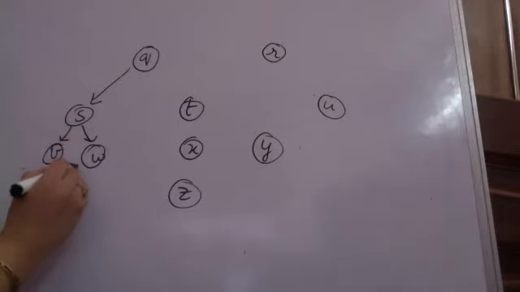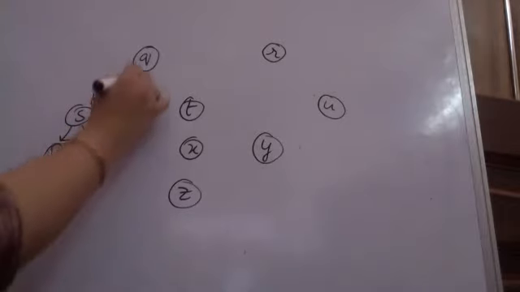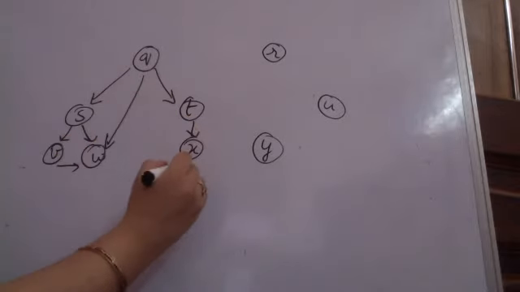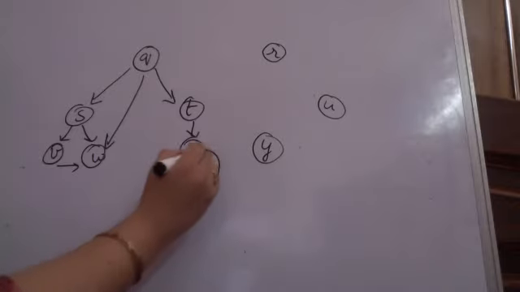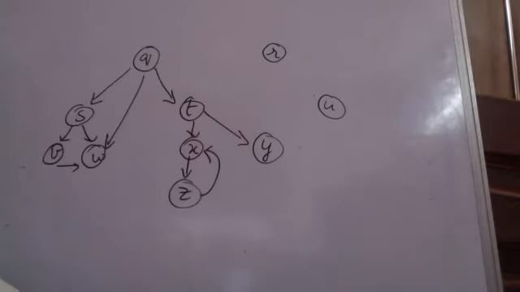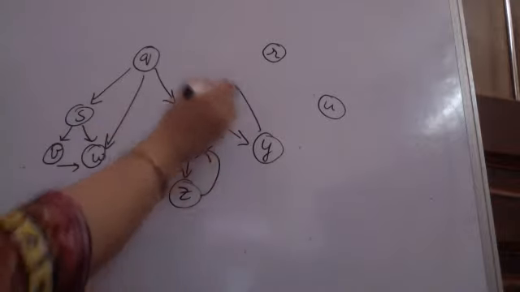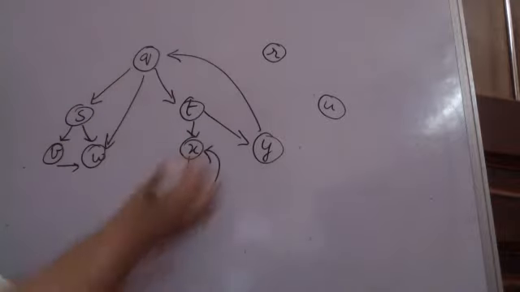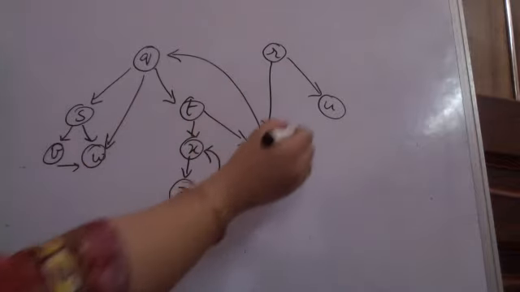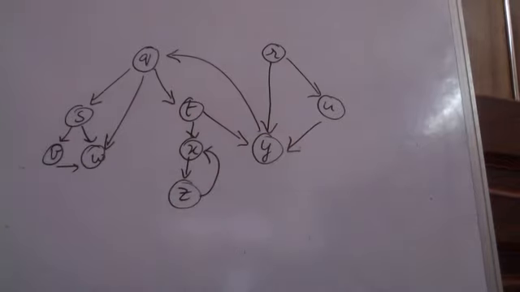You begin with any node, supposedly Q only, and then try solving the question for DFS. The same question you can try for solving using breadth-first search also. I am again saying the complexity for both DFS and BFS remain the same, which is of the order V plus E, which is of the order edges plus vertices in the graph. So this is the question that you have. You have to give me the answer to this, and I will tell you the finish time.